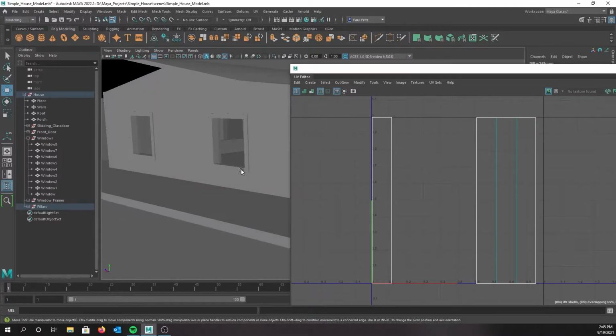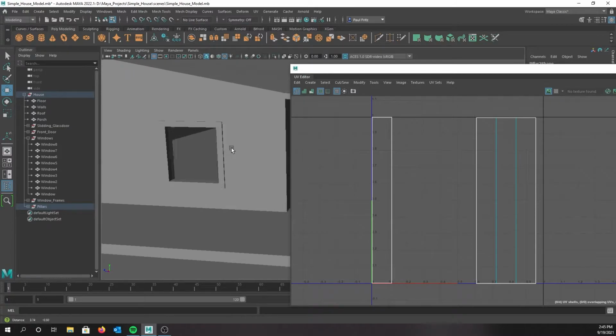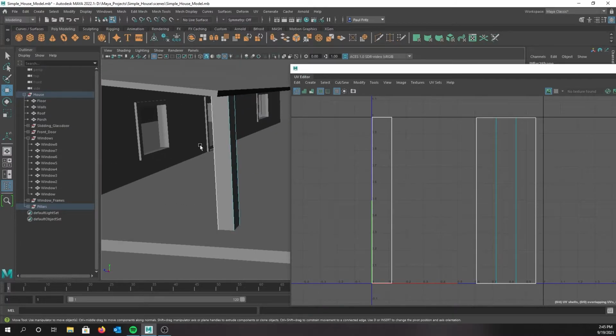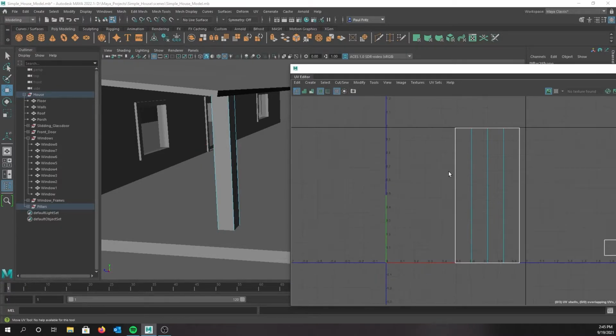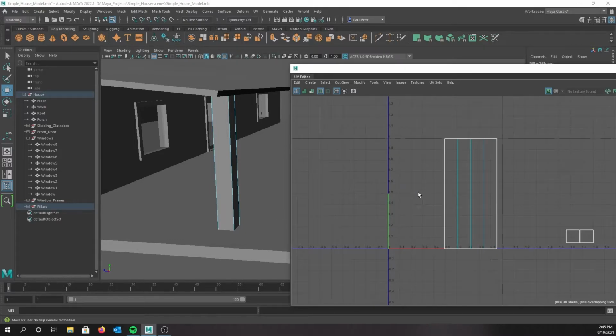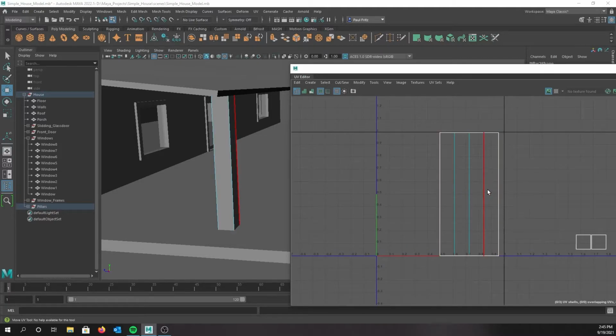I'm going to do it to this end over here. Sometimes it's easier to visualize what you're doing on the model itself. And then I'm going to do the same thing, shift, right click, move and sew edges. And there we have it. Now they're all one piece, but it's still laid out flat, so we can put our material on it. And since these are maximized to scale already, I'm just going to grab these two ends,